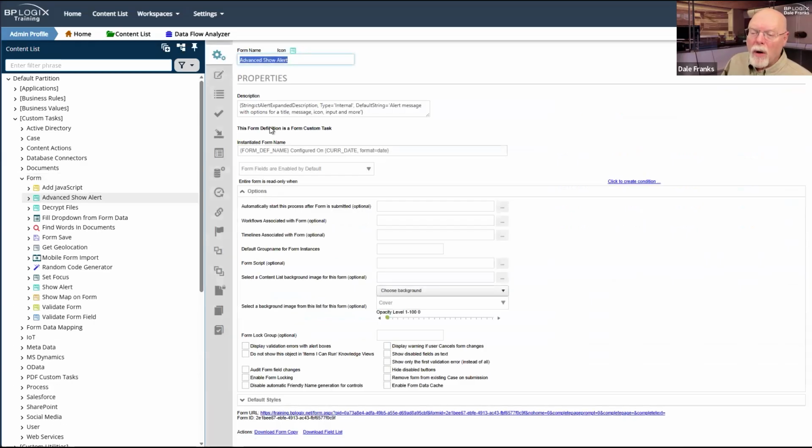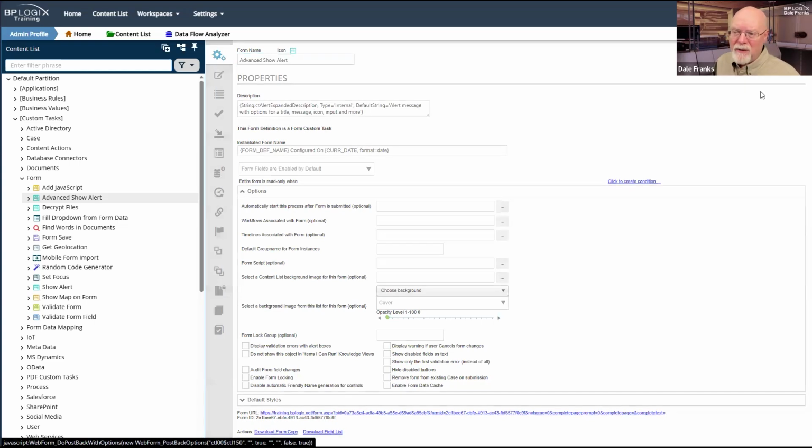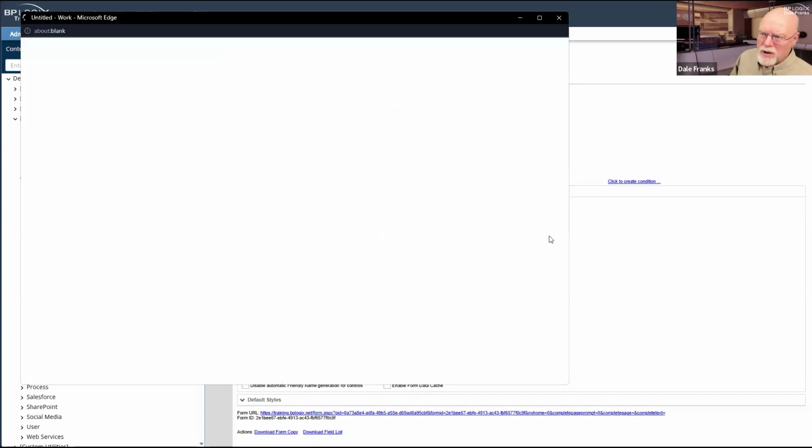So if you ever want to know what the version number of your custom task is, there are two ways to do it. One is to go to the custom task itself and hit preview custom config to actually show you a preview of the configuration screen.